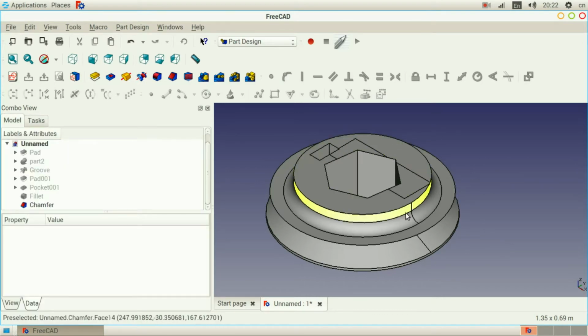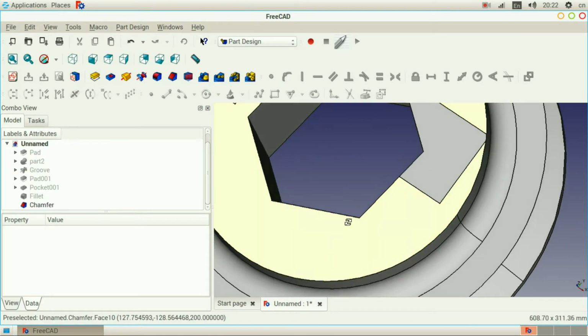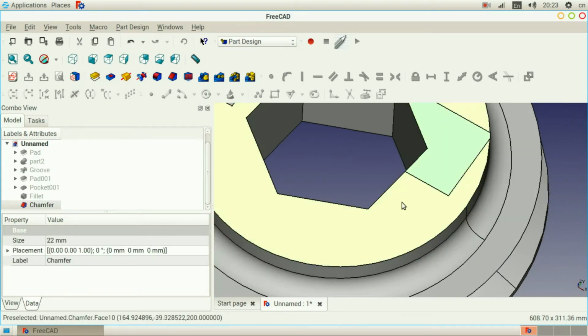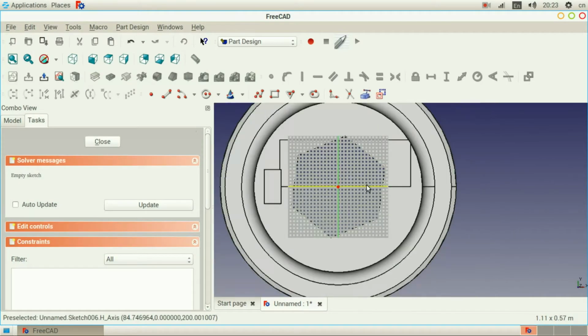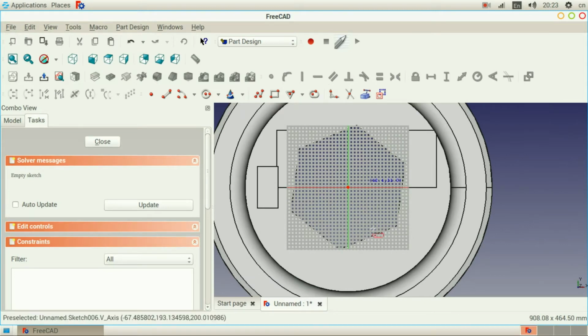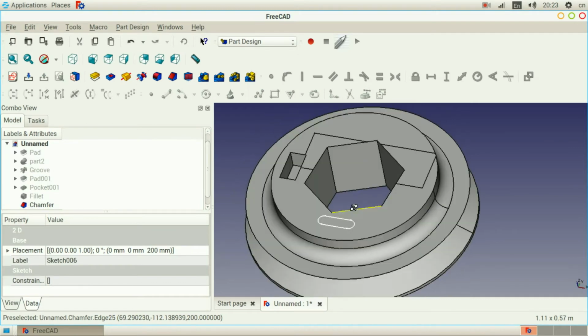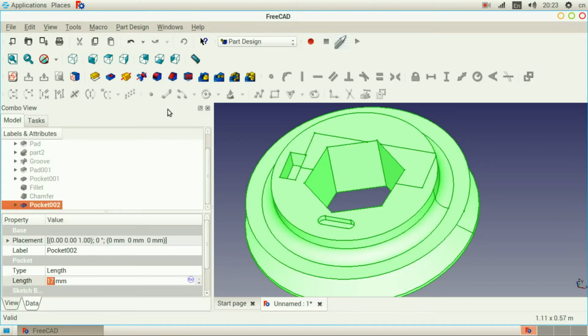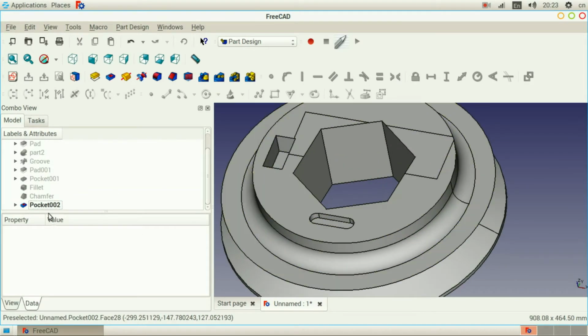Let's go ahead and make a polar pattern. Maybe there's a reason why we want to do a polar pattern for some reason. In a part like this, we'll go ahead and make a draft on this face. I was going to make a polar pattern out of that, but let's just go ahead and do this for good sakes. There. We got a slot. And with that slot, we just want to do that. Sweet. Alright. Then we got that pocket, and for some reason we want to do a polar pattern